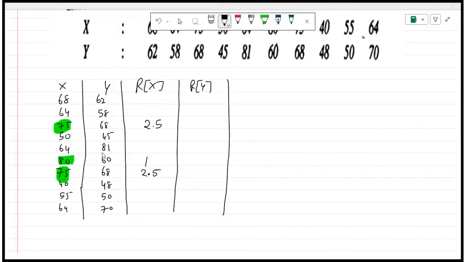Now let me tell you, when we check the paper, this table has 6 marks. If you make the correct